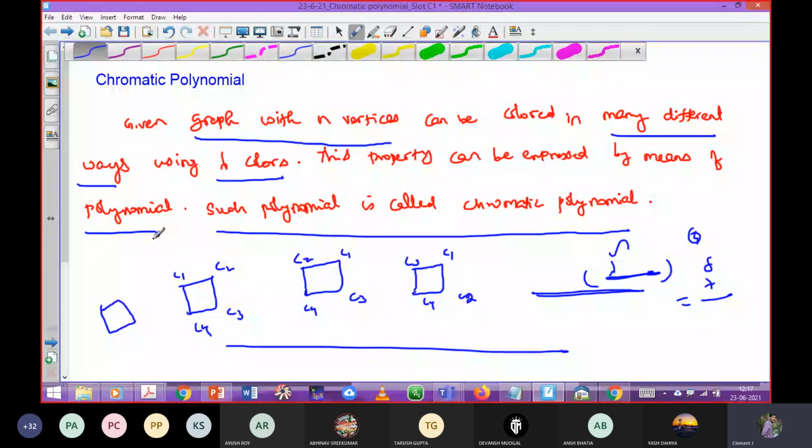Now, have you understood up to this? Is it clear now? Yes, sir. Okay, fine. In the definition, what is written after ways using? Exactly, the different ways you are getting for any graph with n vertices. Those different ways can be determined as an expression. Such an expression is called the chromatic polynomial. Anyway, you will understand this when we enter into the problem. So now I'm just raising the question: have you slightly got the concept of the chromatic polynomial definition? Is it clear? Yes, sir.